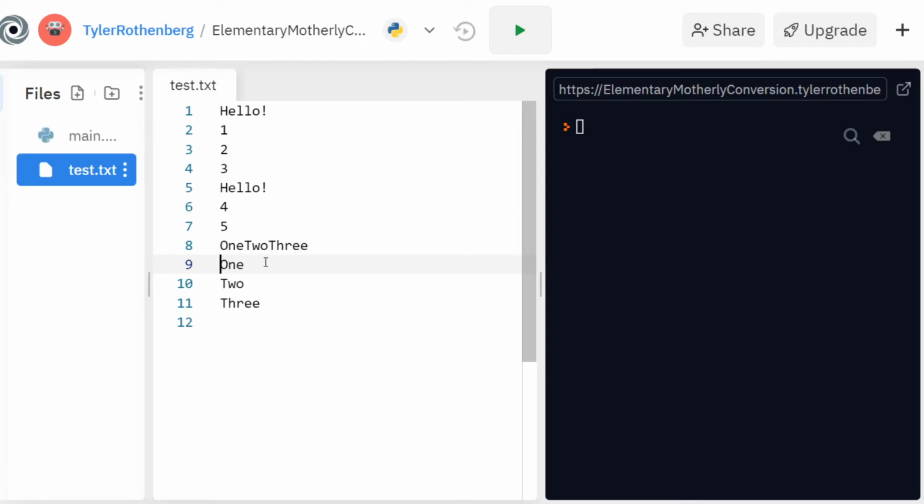All right, so we've read from a file, we've modified a file. What if we wanted to modify a file from the middle? Let's say we wanted to get rid of 1, 2, 3. Well, if we tried to write, we'd get rid of everything. If we tried to append, we'd just go to the end. So how should we go about this? How can we get rid of